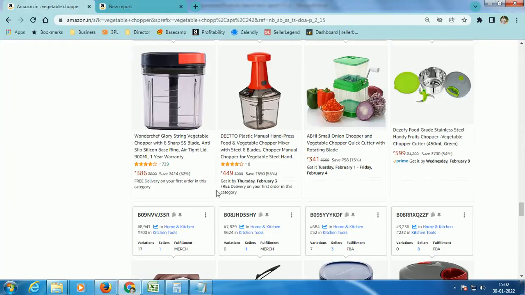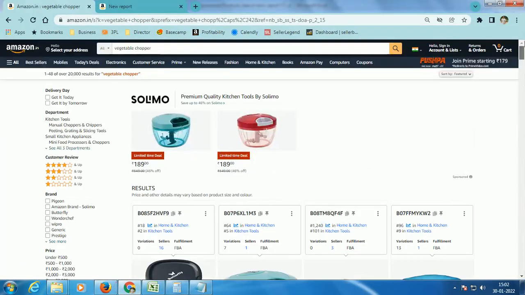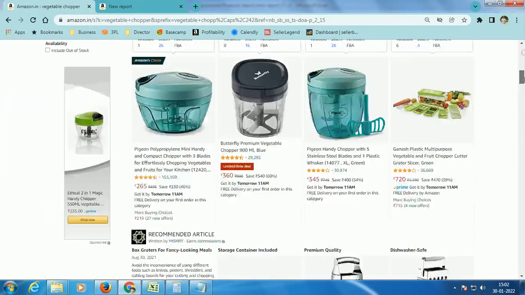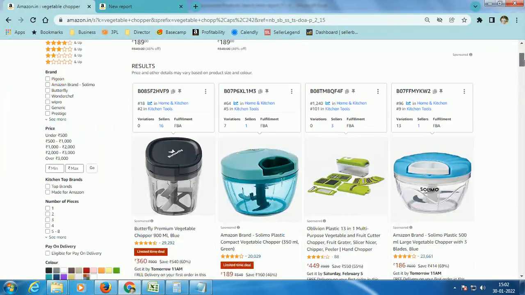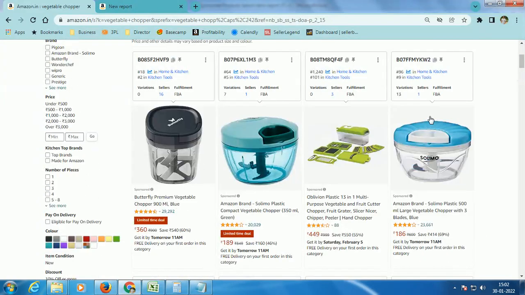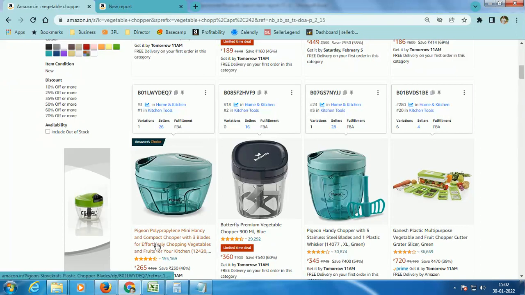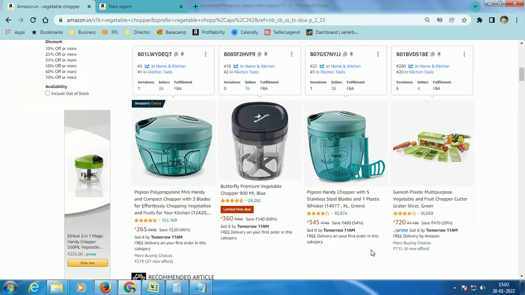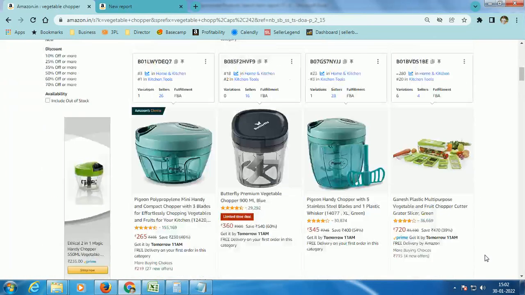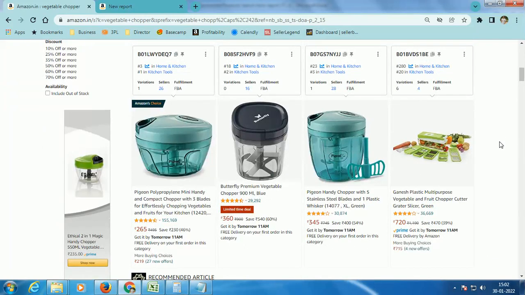Now when you rank up, what will happen? If you look at these guys, for this specific customer search term, they are fighting so hard, right? They're shelling out a lot of money, spending a lot on advertisement to make sales. Whereas these guys have organic positions, they're not spending any money, and they are getting free sales, right? They're not spending any money and they're getting a lot of sales, which is super cool.